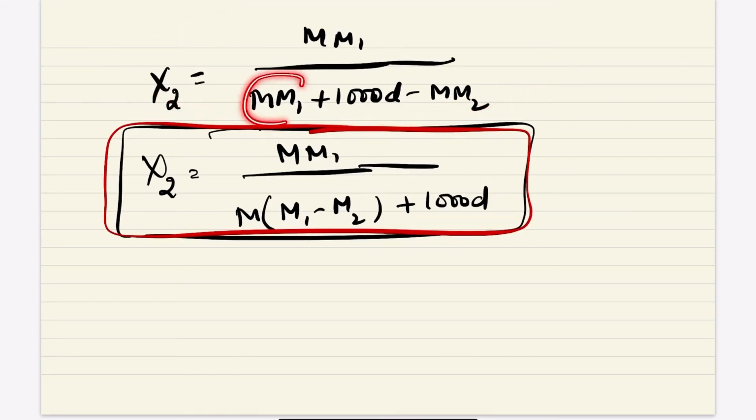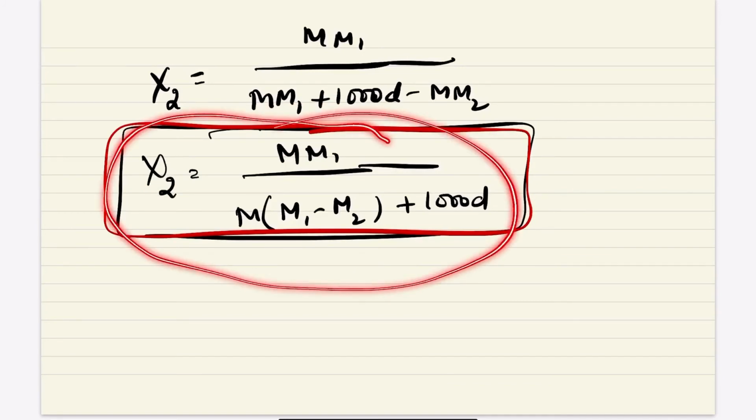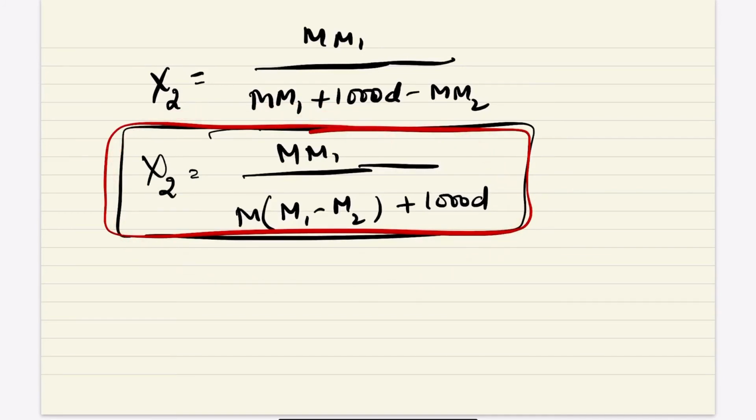Okay, और इन दोनों को इकट्ठा किया, उसके बाद इनमें से कैपिटल M कॉमन निकाल लिया. सो ये आपके पास एक्सप्रेशन बन गया मोल फ्रैक्शन ऑफ सॉल्यूट का. ओके, clear, this is the relationship between mole fraction and molarity. Okay, if you had given molarity, then you can calculate mole fraction directly by applying this shortcut formula. But if you don't remember this formula, then you can proceed with the simple method as I told you in the numericals, in the previous video.